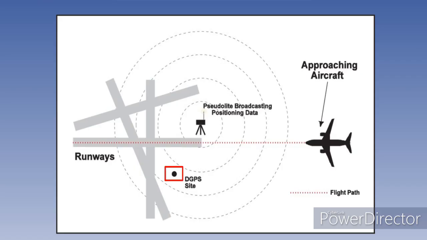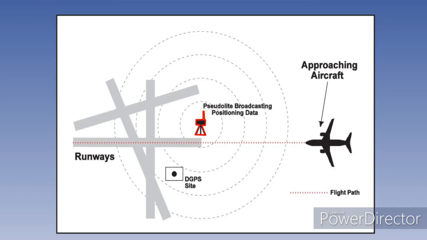LAAS requires a precisely surveyed site on the aerodrome. A GPS receiver on the site compares this known position with the position received from the GPS. The error in the X, Y, and Z coordinates is determined, and a specifically formatted message is transmitted to aircraft close to the aerodrome. The aircraft interprets this as a transmission from a space vehicle on the aerodrome, known as